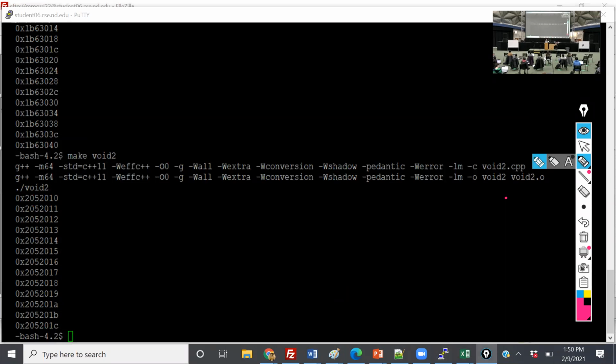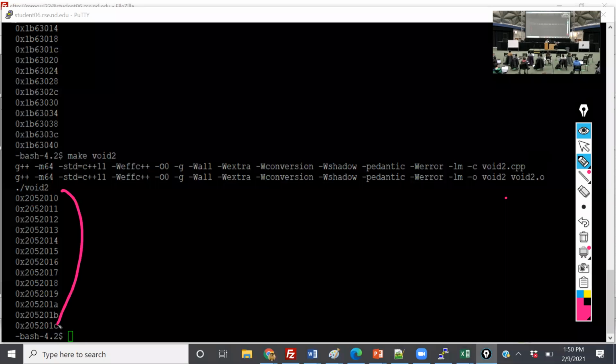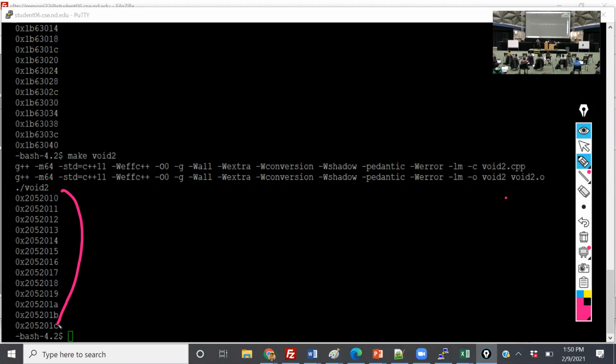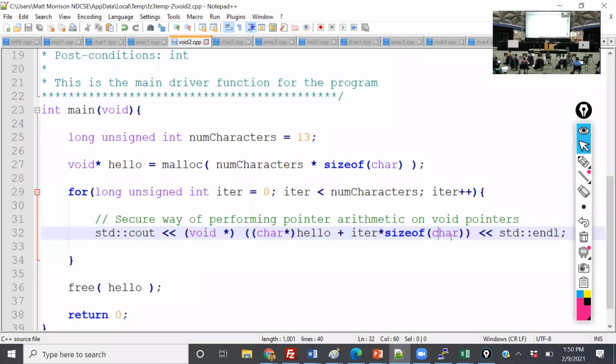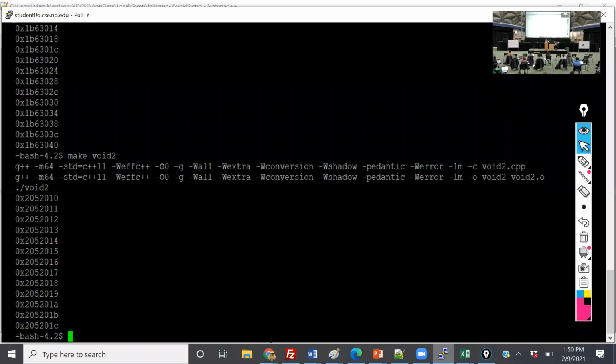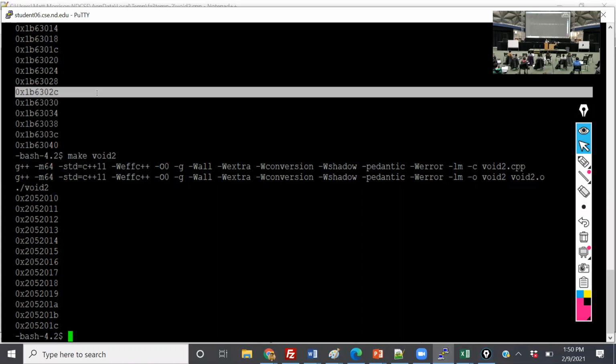When I change it to char, it outputs in bytes, so you see 0, 1, 2, 3, 4, 5, all the way through F. If I'm doing this purely procedurally, I can change that to int, and that updates it to 0, 4, 8, C, because integers are 32 bits, so now it's going 4 bytes every time.